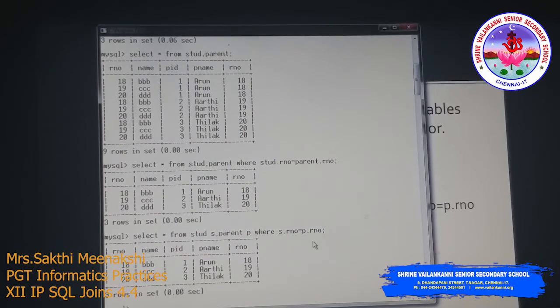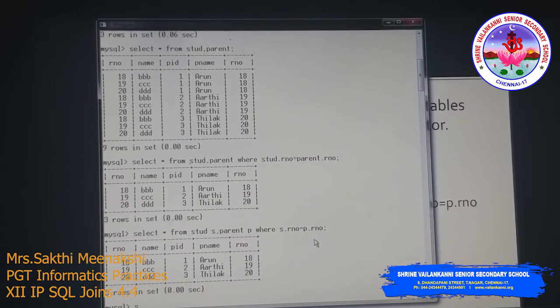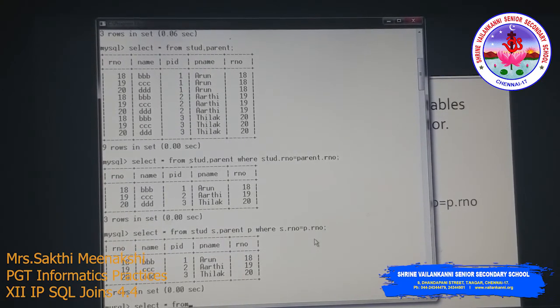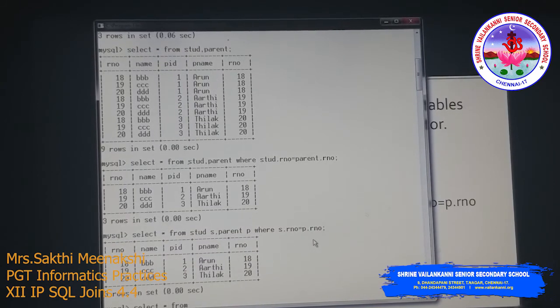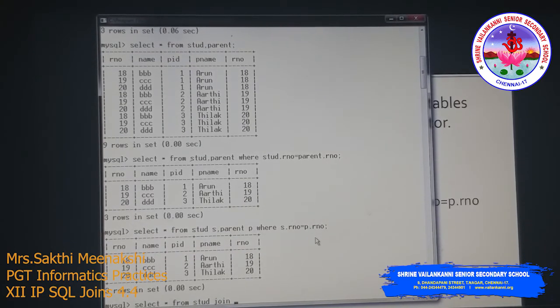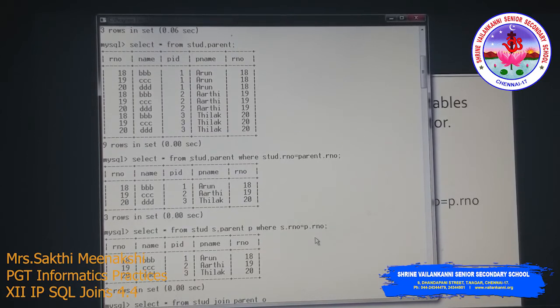And one more thing we can use is the keyword join. The syntax is select asterisk from student, and I'm using the keyword called join. What is the joining table? The parent table. And here you have to give the condition using the ON clause.